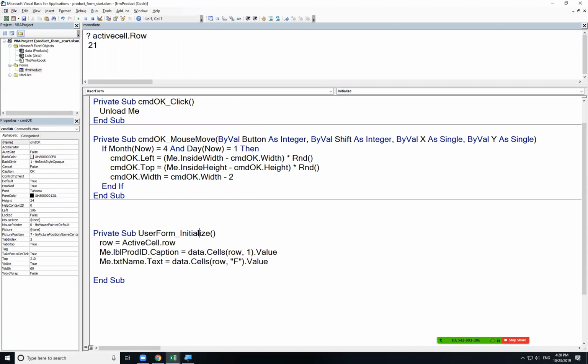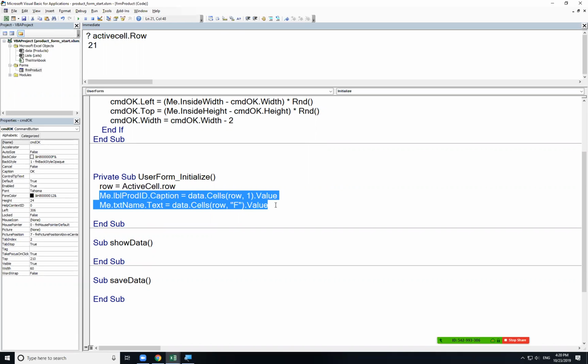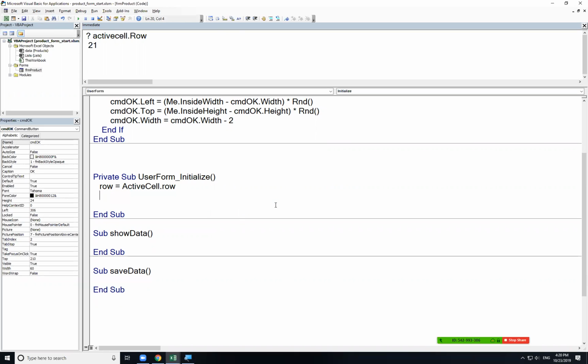In fact, let's do this. Because there may be several things that make me want to show the data or to save the data, let me go ahead and make 2 different sub-procedures for that. So I'm going to make a sub-procedure here of my own called show data. And then I'll also make one called save data. When I initialize, I still want to set the row here, but instead of showing the data right here in initialize, because there may be other things that might make me want to show data,